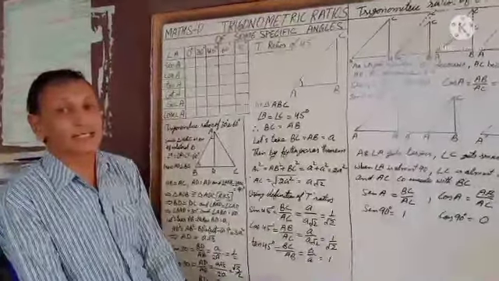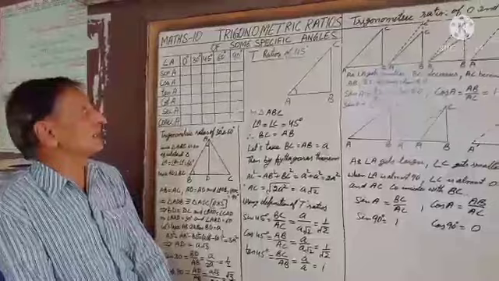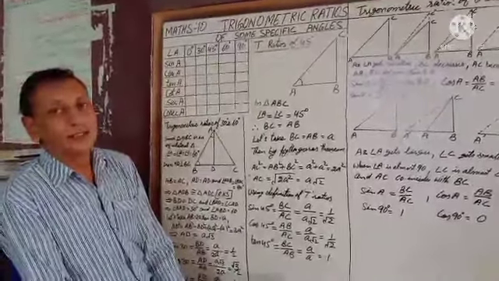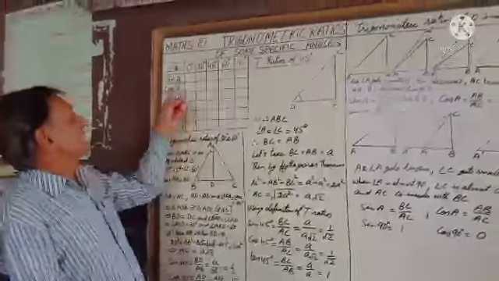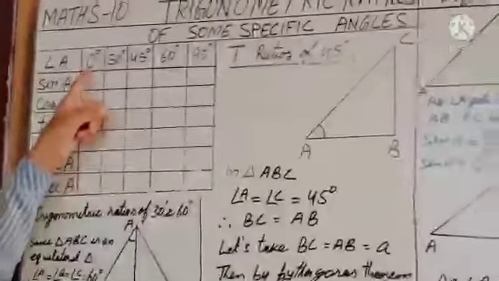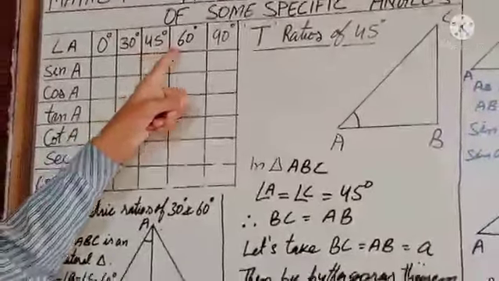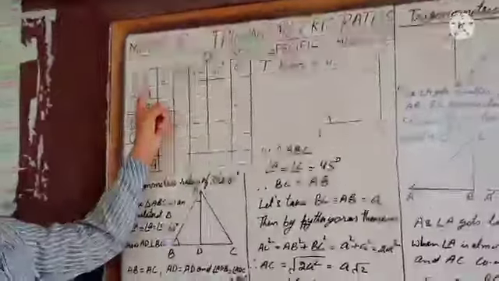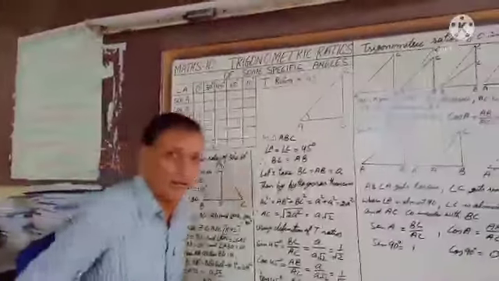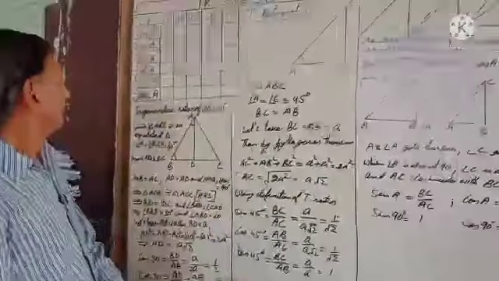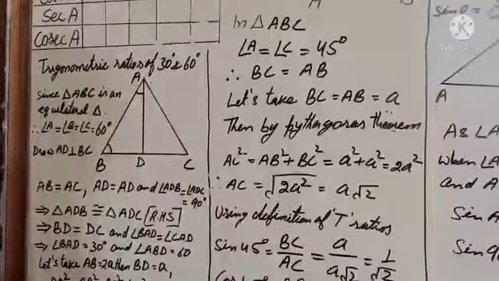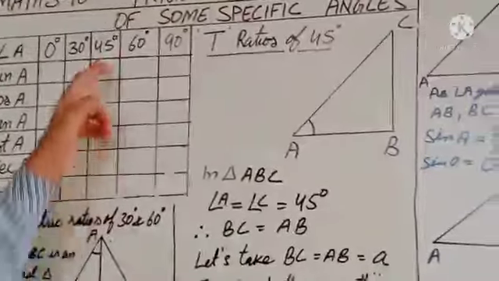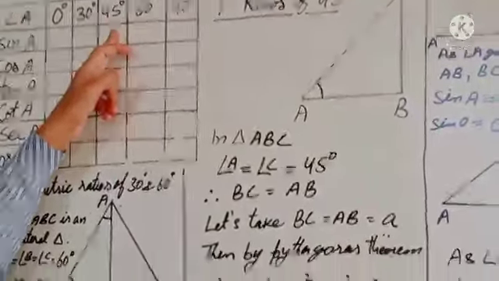Today we shall be discussing some specific trigonometric angles. Right? So basically we shall be discussing 0, 30, 45, 60 and 90. We shall be moving in the direction one by one. Let's derive their values and keep putting them in the table, right? Let's start with the easiest one, the 45, right?